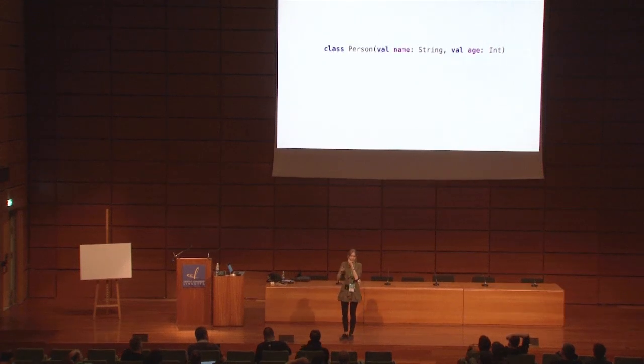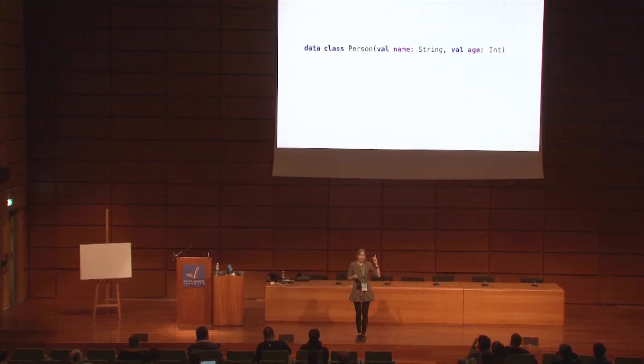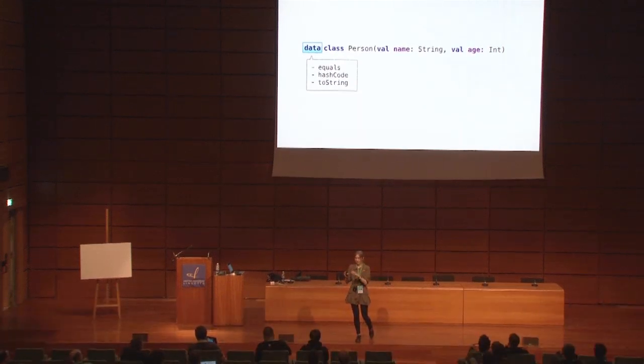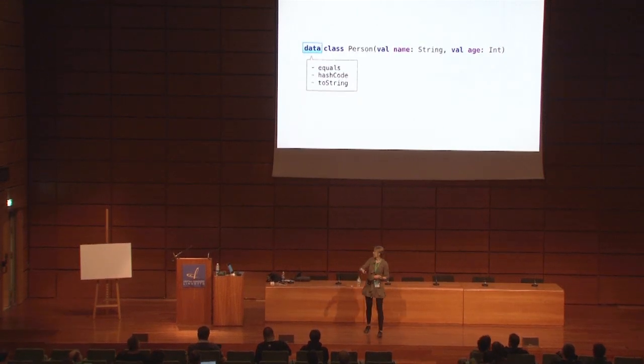And what's more, in Kotlin, you can add one modifier, the data modifier, and this data modifier will generate a bunch of useful methods for your class. When you declare a data class, you often want to be able to compare the instances of this class not by reference comparisons, but by value. That's what this data modifier means. It will generate equals, hashCode, a nice toString and some other methods.